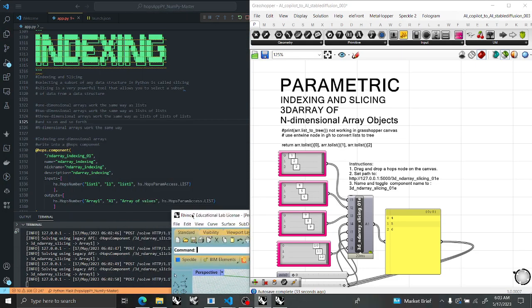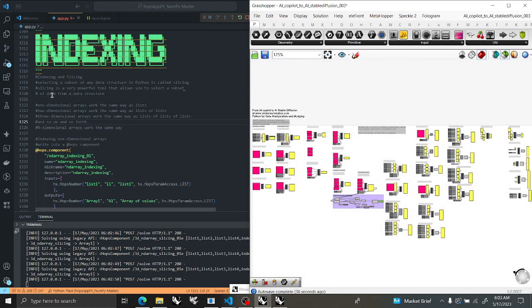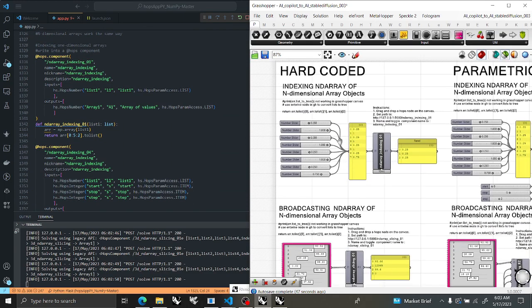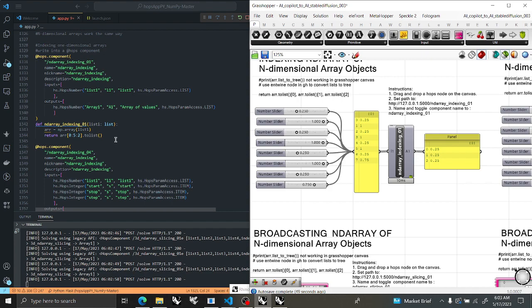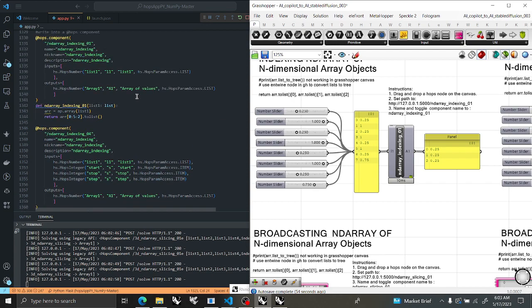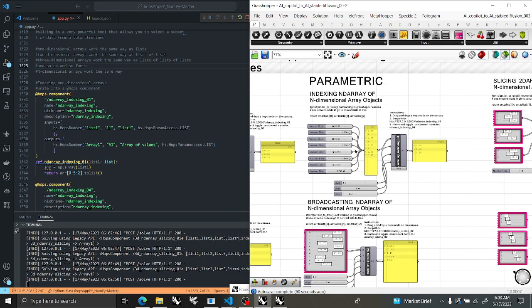So we're just going to pull this down to the side. We're going to start with our major script. Indexing is what I wrote, and you'll see I added 1,000 lines of code to this with the help of GitHub Copilot, and it's not too hard. So the first indexing comes in. I've got it hard-coded in initially, so anything that's happening, you can see that it's actually stepping through at 001. You'll see that it's being hard-coded in at the array of start at 0, then 2, 5 with a step of 2. But what I tried to do was then show you how you can make that parametric in